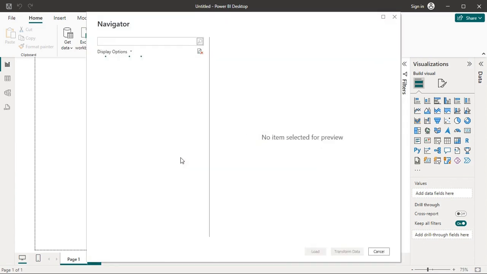Now you will see a navigator window showing different sheets. Select the sheet where your data is and click load.